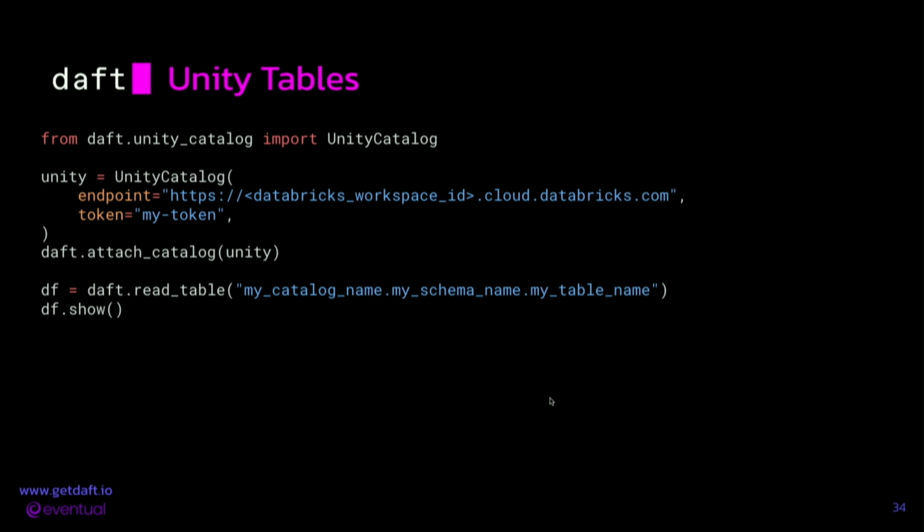This is really cool because prior to this, there actually wasn't any real way of reading a Databricks table if you weren't inside of Databricks. You can do this anywhere now. You can do this on your laptop. You can do this on an EC2 machine. You could do this from a Raspberry Pi. You don't have to be in Databricks anymore to read your Databricks tables if you have an engine like Daft that understands how to interact with Unity Catalog.